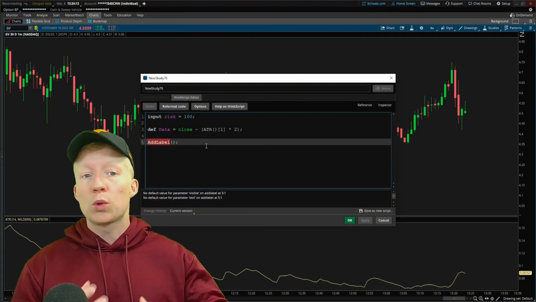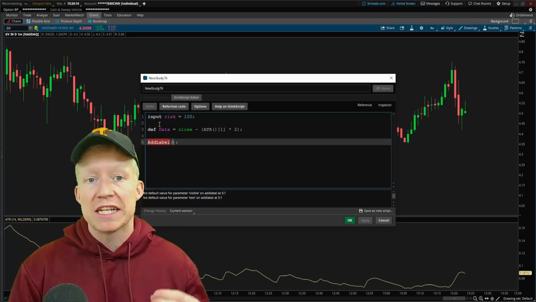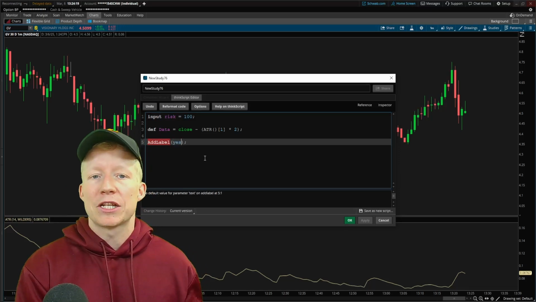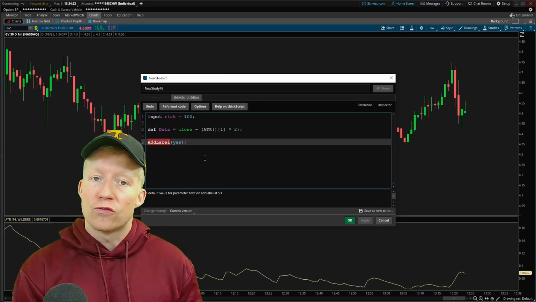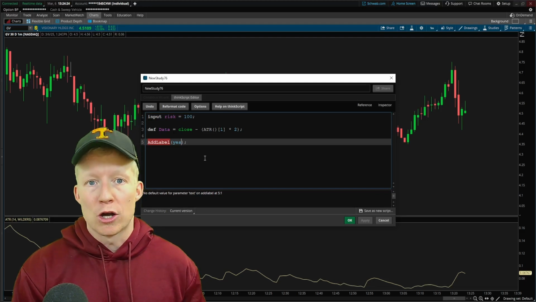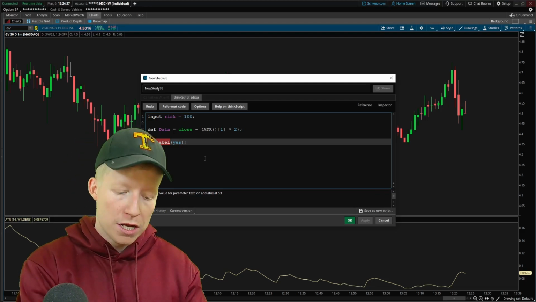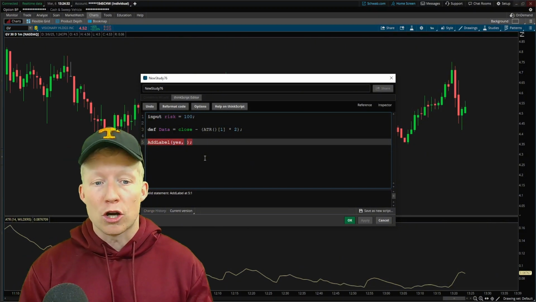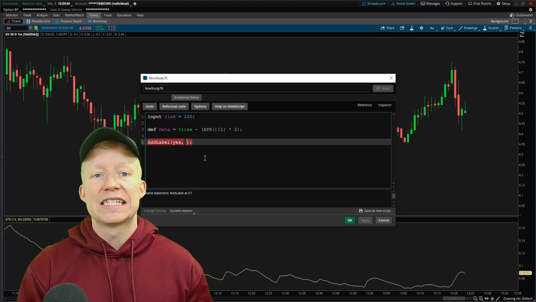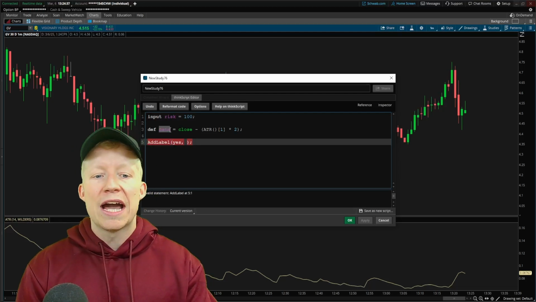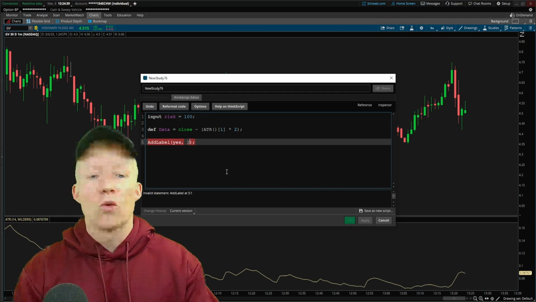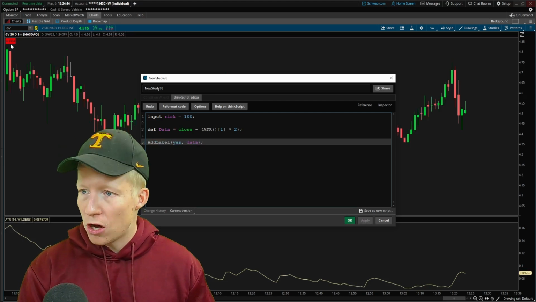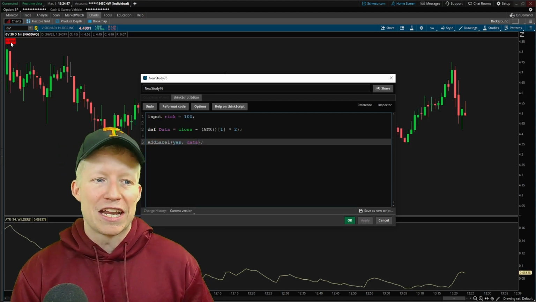Well, really, the only standalone function of this study is showing this label. So I want it to always show up. To do that, I'm simply going to enter yes as my value for visibility in that first parameter for our add label function. You separate your parameters using commas, and the second parameter in the add label function is text. For right now, let's look at the value that is stored within our variable named data. If we go ahead and apply, you will now see a small label up there in the top left that is currently showing